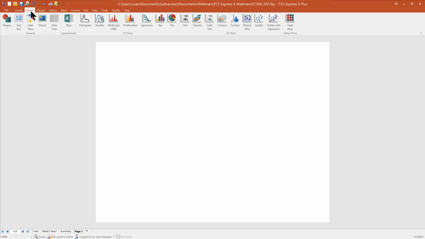Predominantly, we're going to stick to the Insert tab. So just like you would insert objects in PowerPoint, you're just going to insert different objects here to analyze your data in FCS Express. Okay. Down below